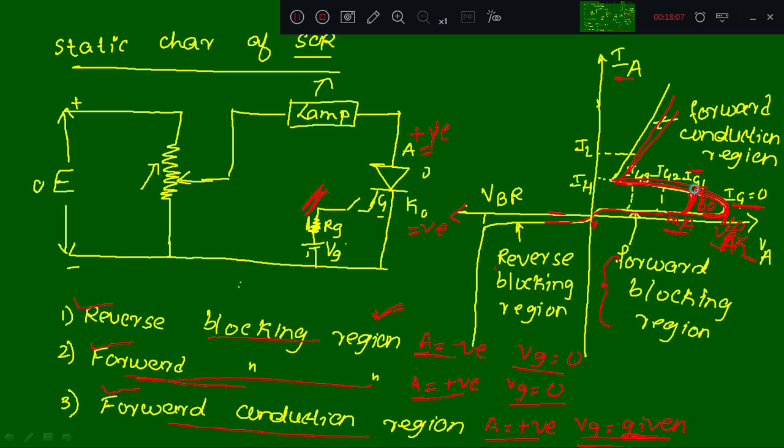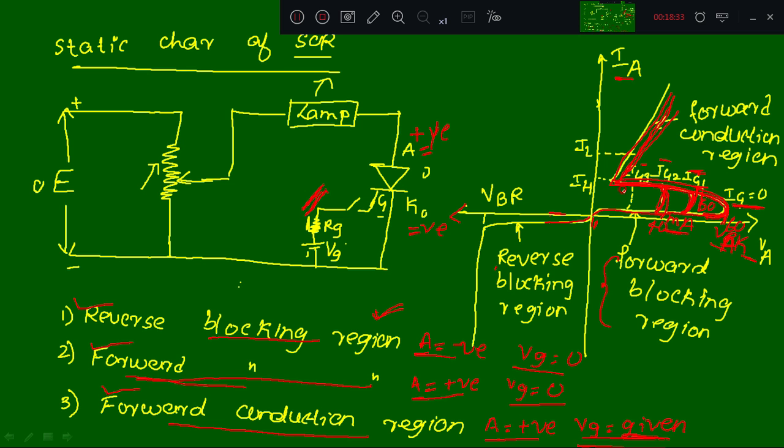So the SCR will turn on, and once it turns on, the voltage across the SCR drops and the current increases. Again, this is IG2, a different gate current which is larger than IG1. Then I will require here 40 volts, and the SCR will turn on, voltage drops, and current increases.